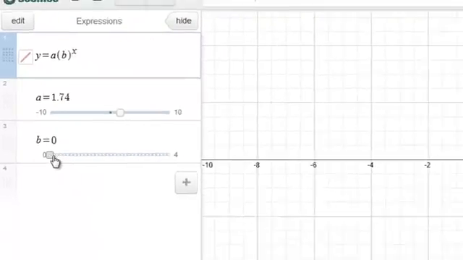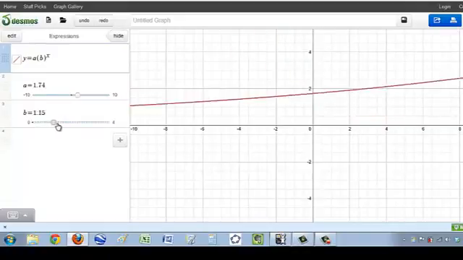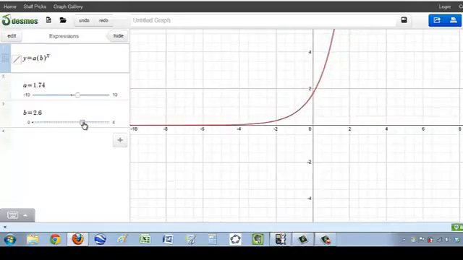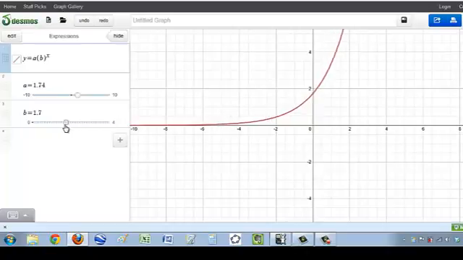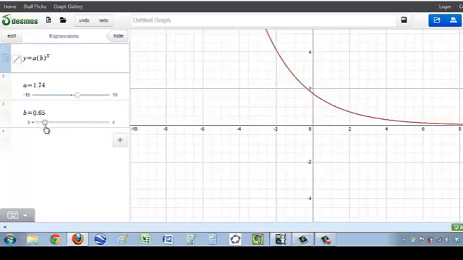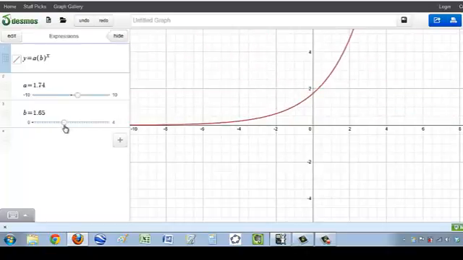Okay, now when you play around with b, it's going to give us some better looking graphs. Alright, now what I want you to do is just play around with b, decide if there are any interesting points in there, and when you're finished with that,